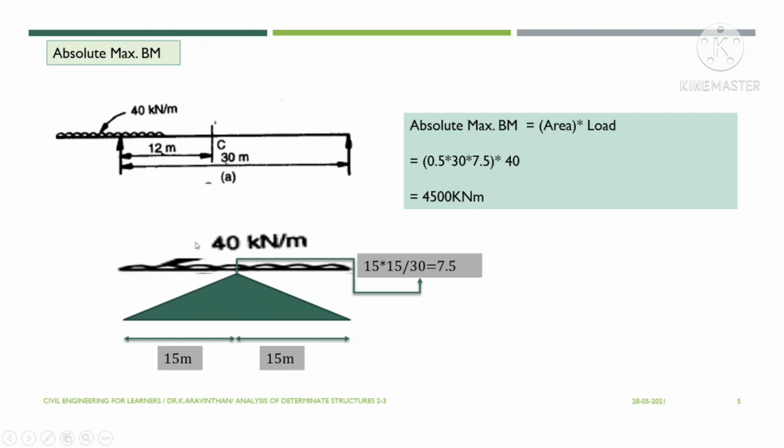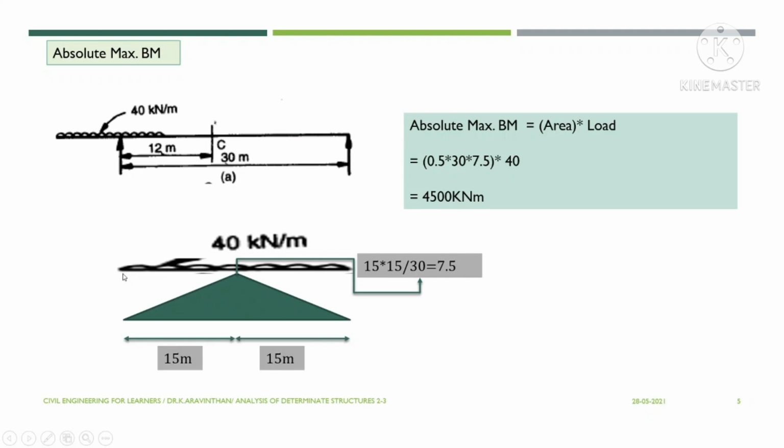And if you need the absolute maximum bending moment, how to find that? Now you don't have any point. This is the given data. If you want to find the absolute maximum bending moment, we know that the center of the beam will have the maximum bending, and the total span is 30, so the center will be at 15. To find the influence line at 15 meter, you substitute AB by L, where A and B are the same, 15 into 15 divided by L, which is 30. So now your maximum influence line ordinate will be 7.5.